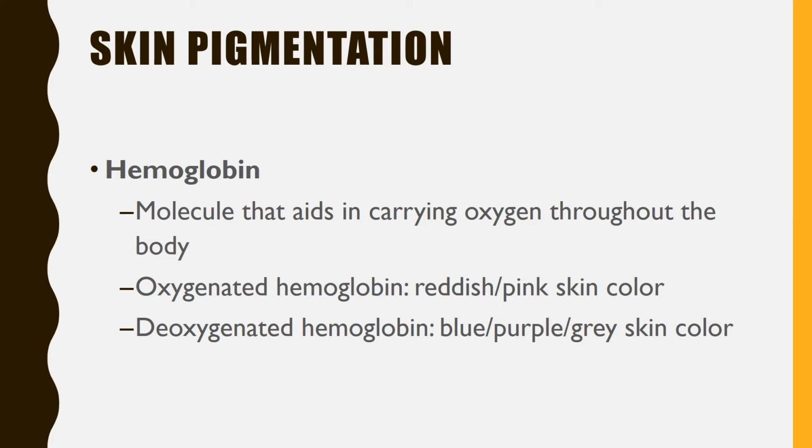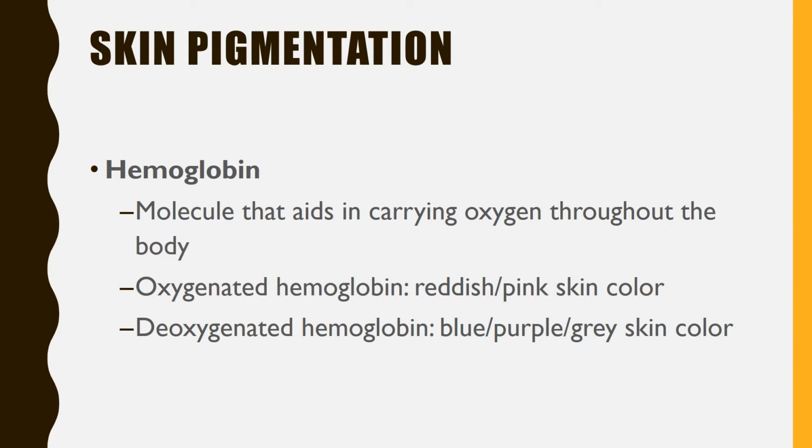Hemoglobin is a molecule in the blood that aids in carrying oxygen throughout the body. This pigment will create a reddish, pinkish color to the skin. So, oxygenated hemoglobin will produce a reddish, pinkish color, but there's also an opposite effect that can occur if hemoglobin